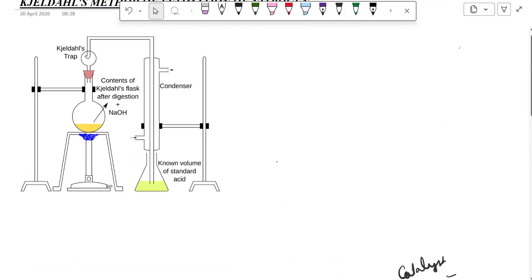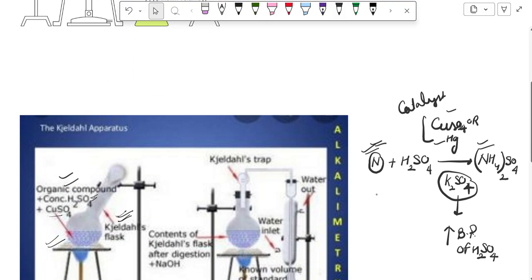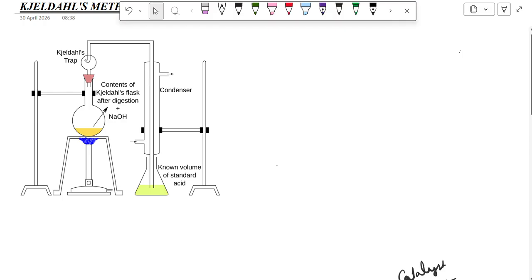Now this process is known as digestion. So this mixture after digestion is transferred into a round bottom flask. There this mixture will be treated with NaOH. So what happens? Actually